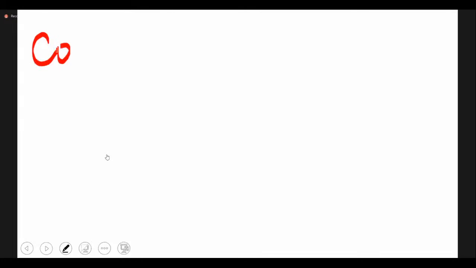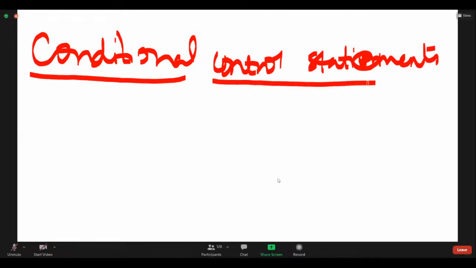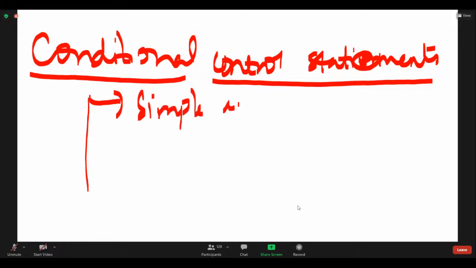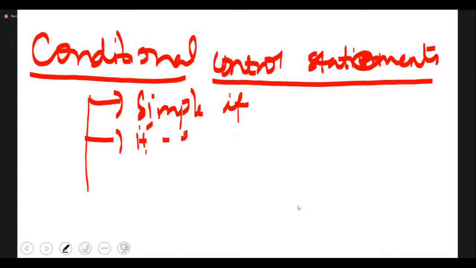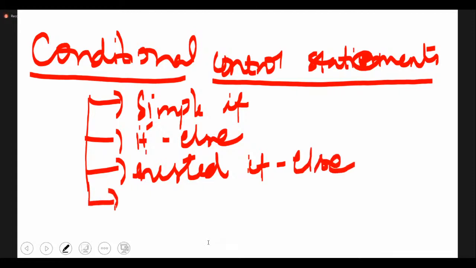So the first one is conditional. If they ask you to explain about conditional control statements, then you will say conditional control statements are broadly categorized as simple if, you have if and else block, then you have nested if else, and the other one is else if ladder.